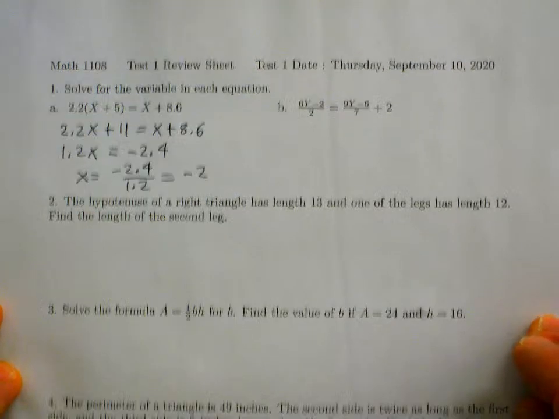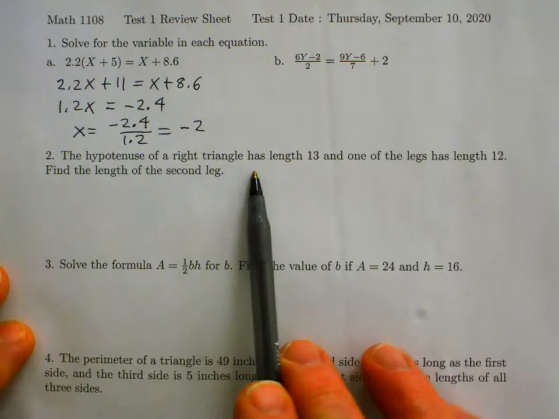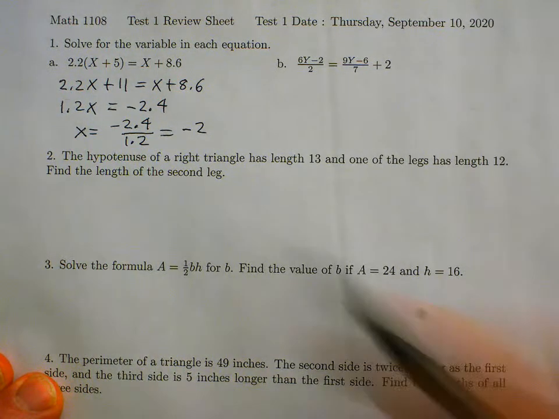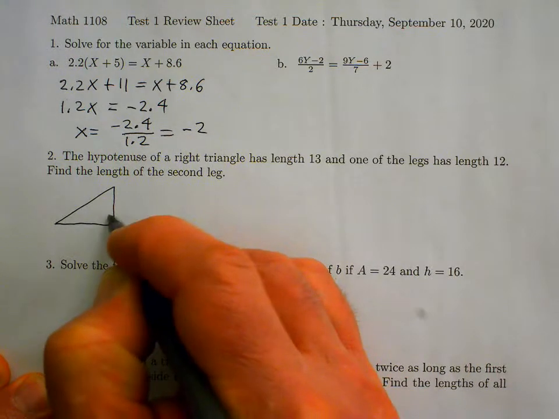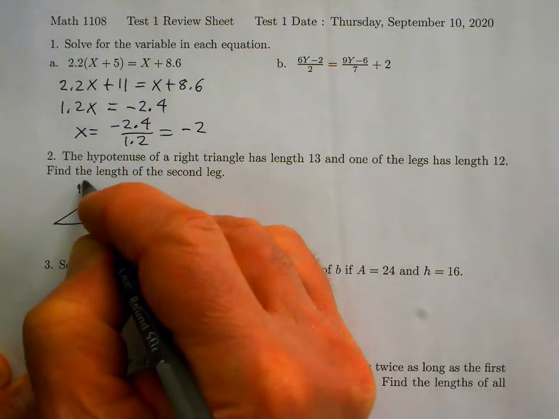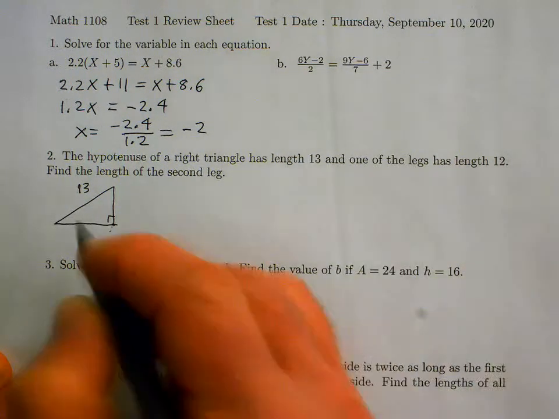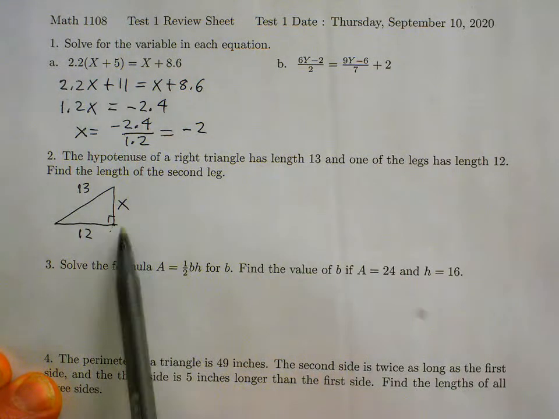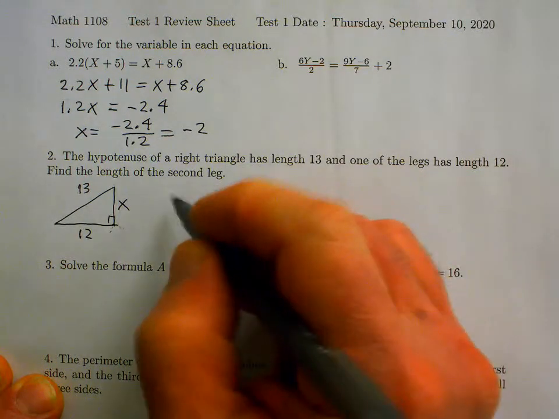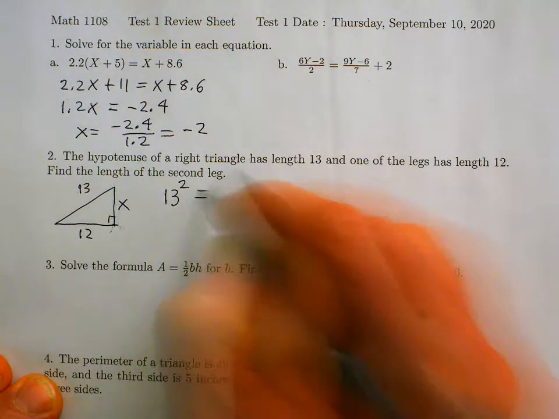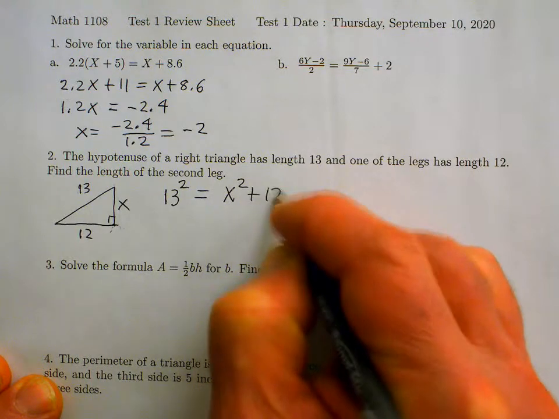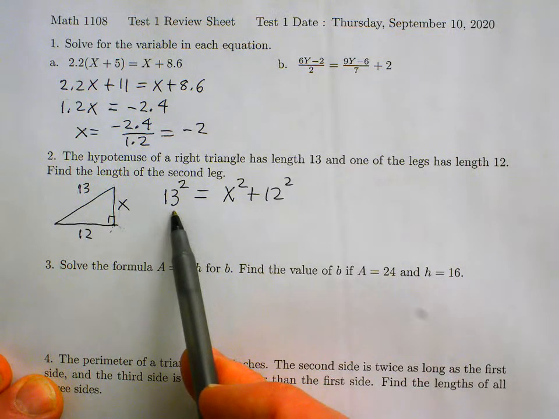Next problem, number 2. The hypotenuse of a right triangle has length 13, and one of the legs has length 12. Find the length of the second leg. I'll sketch a right triangle, and the hypotenuse is the longest side, opposite the right angle. It has length 13, and one of the legs has length 12, and so we want to find the length of the second leg. I'll label that length x. Then we use the Pythagorean theorem. So we square the length of the hypotenuse, 13 squared, and that's equal to the sum of the squares of the lengths of the two legs. So 13 squared is equal to x squared plus 12 squared,